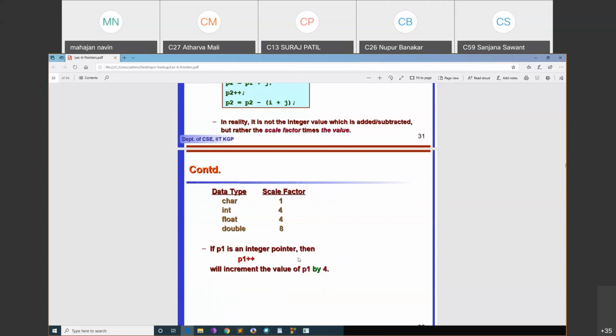If p1 is holding 100, p1 plus plus will not become 101, it will become 104. Since an integer takes 4 bytes, we increment the value of p1 by 4, not by 1. If p1 is a character pointer, it will increment by 1. If it is a double, it will increment by 8.